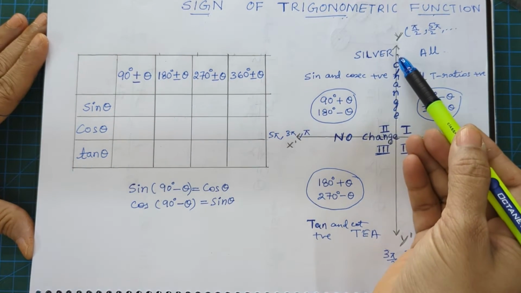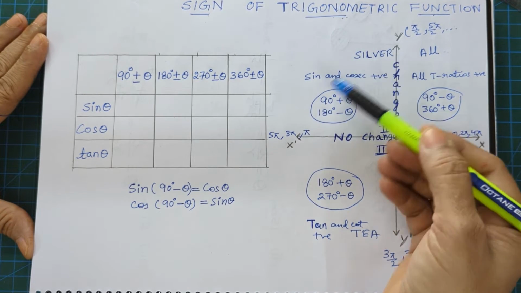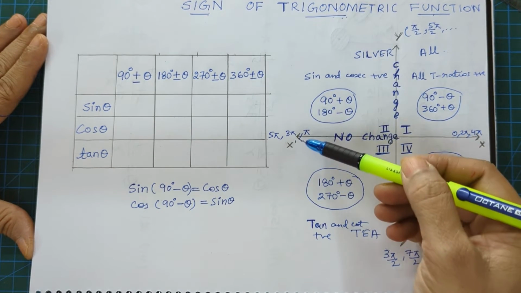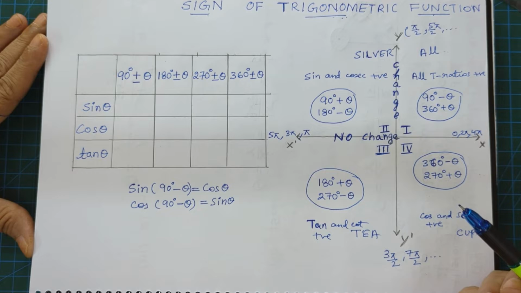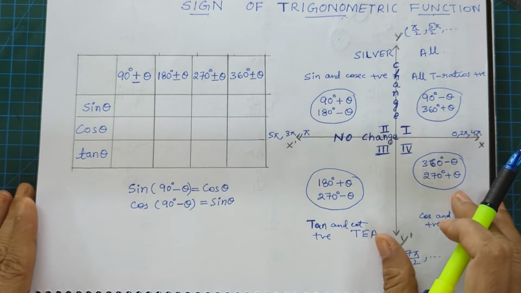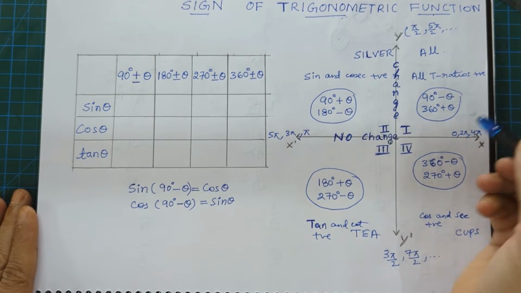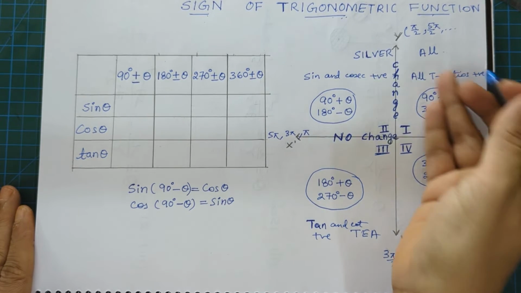What about if a trigonometric ratio is in the second quadrant, meaning 90 to 180, third quadrant 180 to 270, and fourth quadrant 270 to 360? What will happen to their signs when a particular trigonometric ratio is in some other quadrant? For that, this video. So first we'll understand that the positive x-axis is for 0 degree or one complete